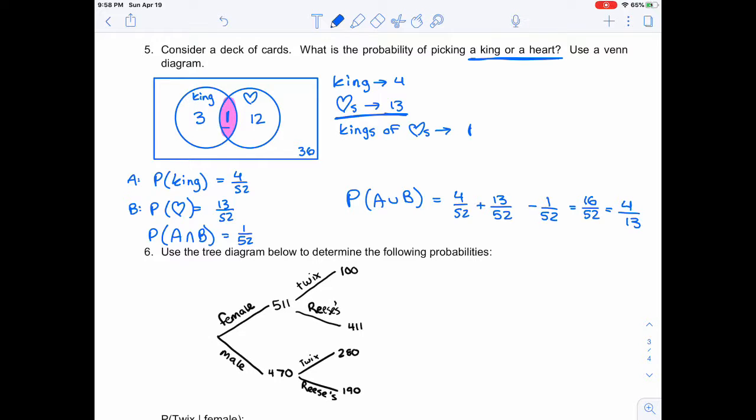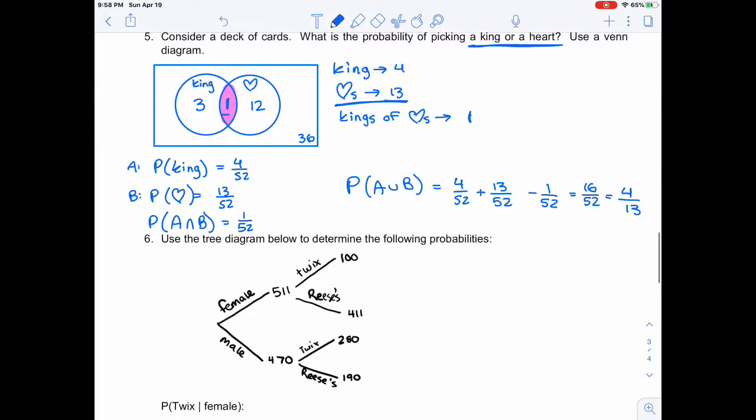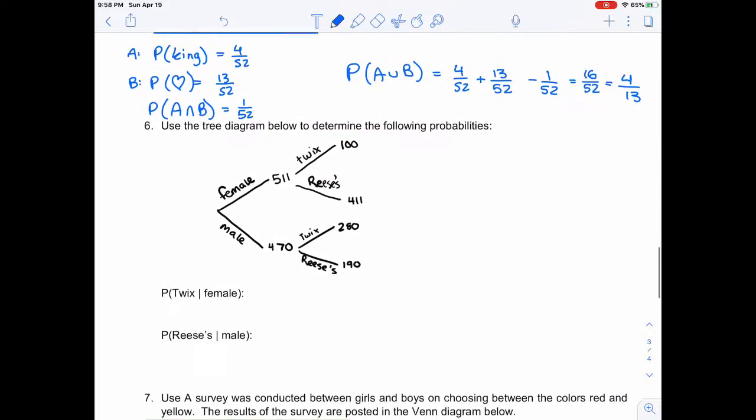Okay? Now, like I said, we clearly did not need the Venn diagram for this problem, but sometimes you'll be given that Venn diagram and have to work backwards. So that's why I wanted us to practice writing one at least. Now for number